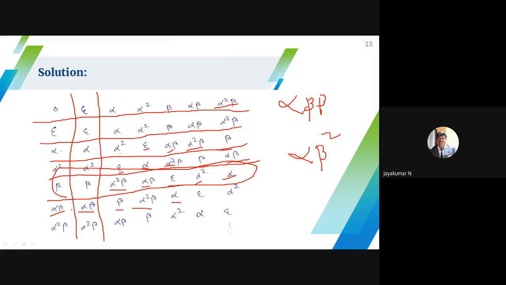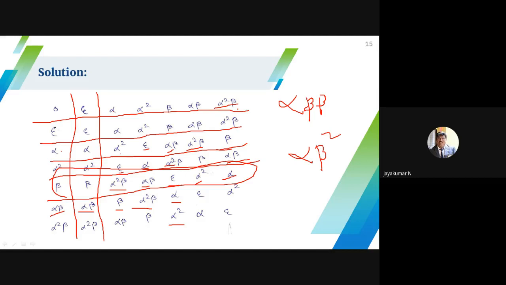Directly I can write it. Similarly, alpha beta into alpha beta, that is alpha beta whole square, you have to find separately. So for alpha beta and alpha square beta, you have to find it. Alpha square beta into alpha, you have to find. Alpha square beta into alpha square, you have to find. Then alpha square beta into beta, alpha square beta square becomes alpha square, so the answer alpha square is correct. No need to find, I can write it directly. Similarly, alpha square beta and alpha square beta, you have to multiply.